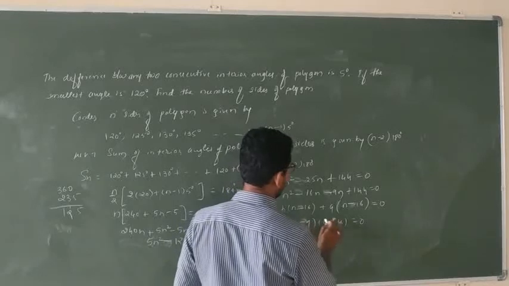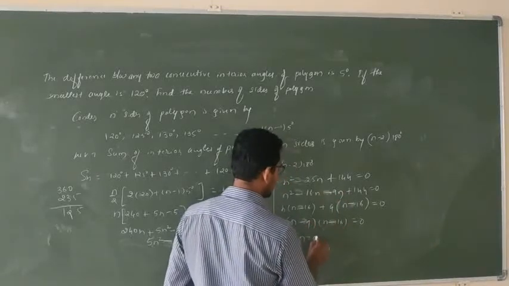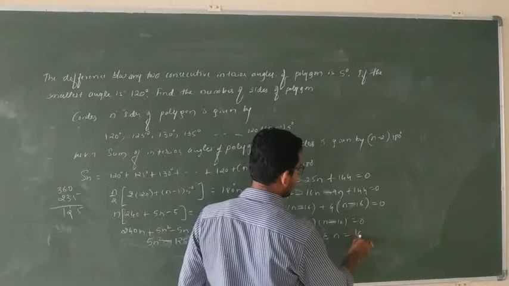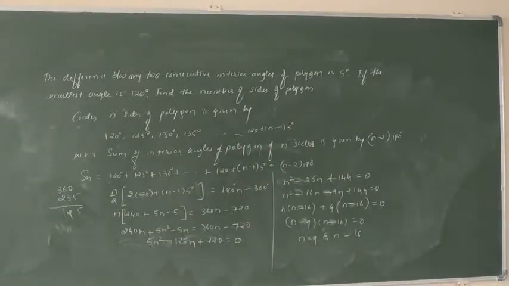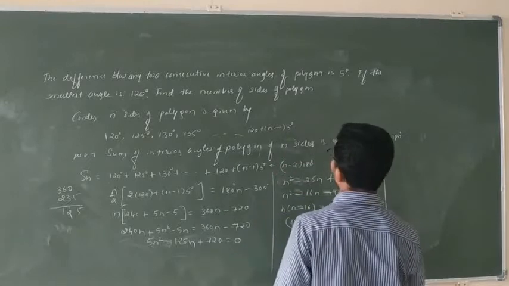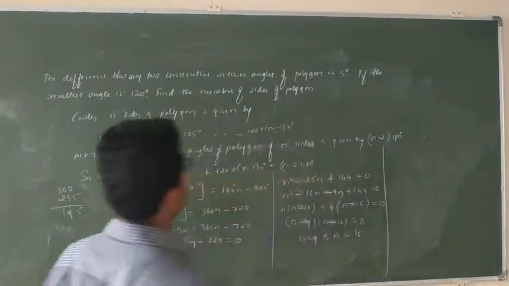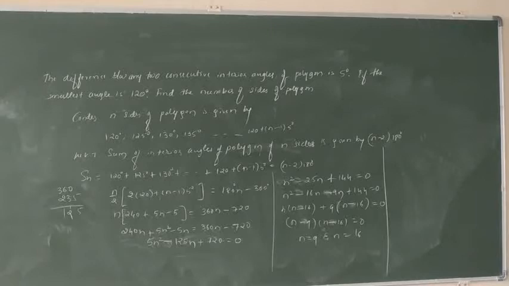Then it is n minus 9, then minus 16. Now, n is equal to 9 and n is equal to 16. When I compare this, because the angle should not be greater than 180 degrees, we have to find out first. If I take n as 16, because we have to find out how many sides the polygon has, so when I take n is equal to 16,